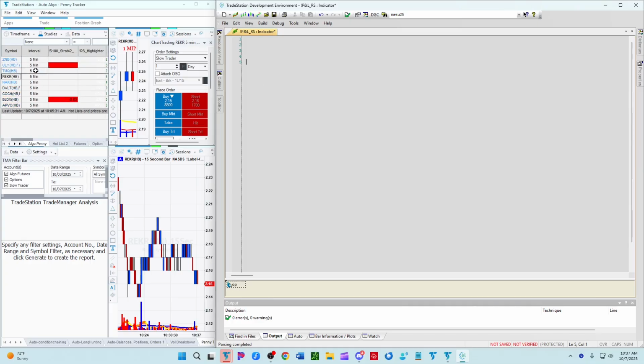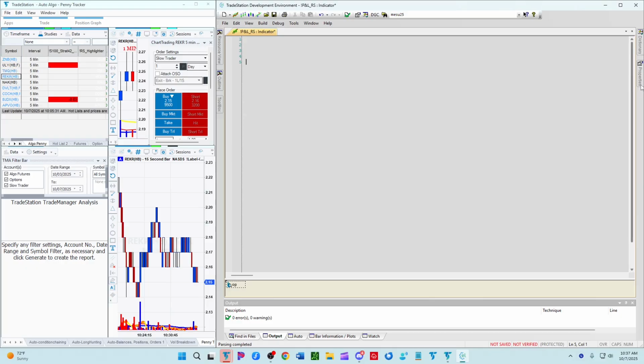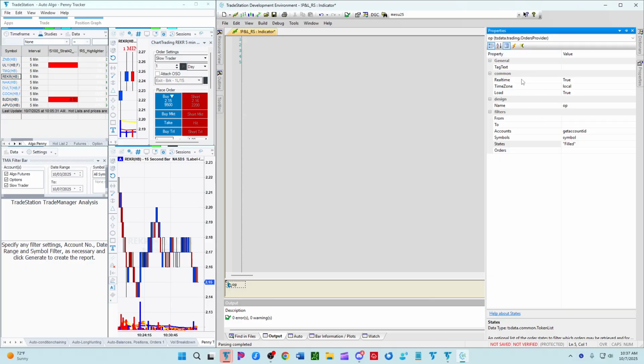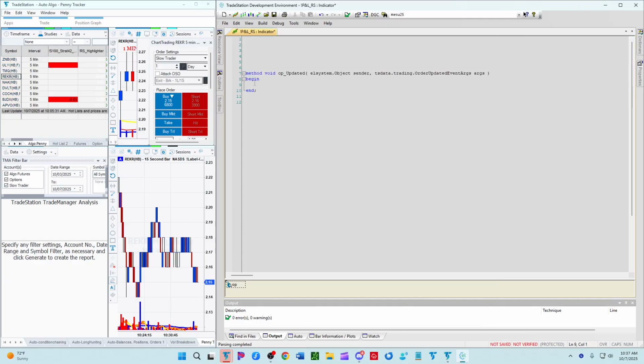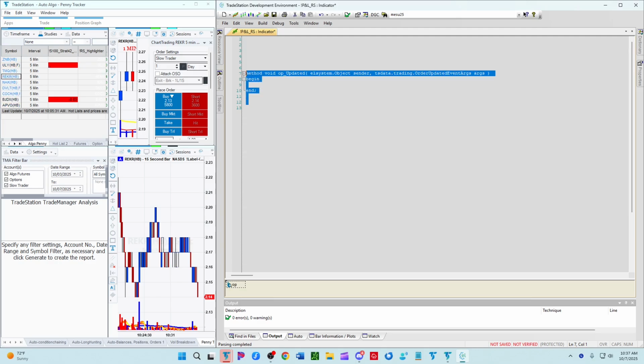Let's see, do we want to do it on every interval here, or every time we have a new update in the order? Let's do it when we have a new update in the order collection. So, excuse me, this provider here, if there's an update in it, then we also want to, well, it should do an initial update too, so we might only really need this. But in order to just, as EasyLanguage coach would say, drive this to do something on the initial bar, we probably need to